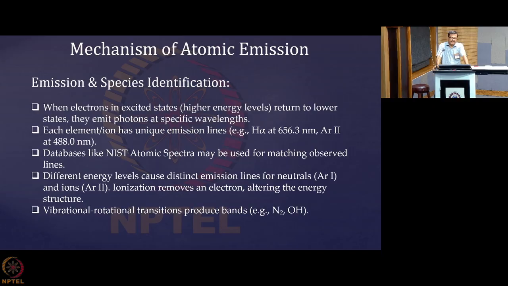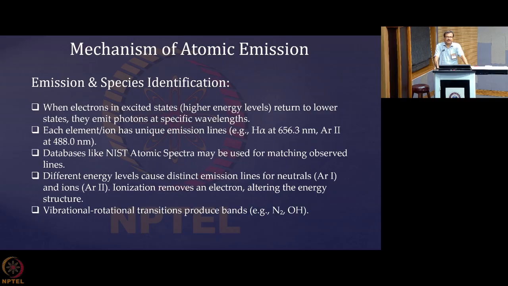Although they are characteristic of specific atoms, just seeing the lines, how do you identify that the line belongs to a certain atom? So for that, once we have recorded the emission spectra, we need to go for a database